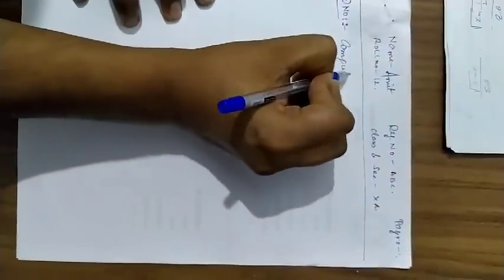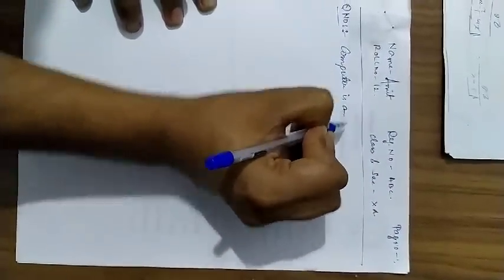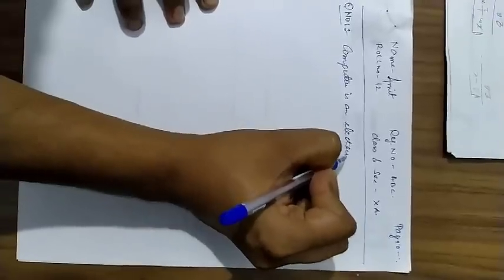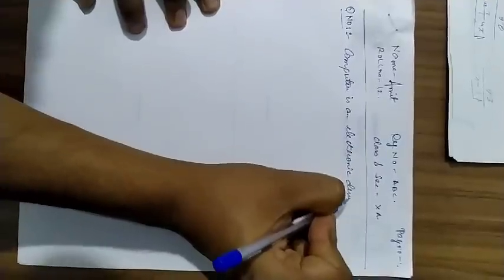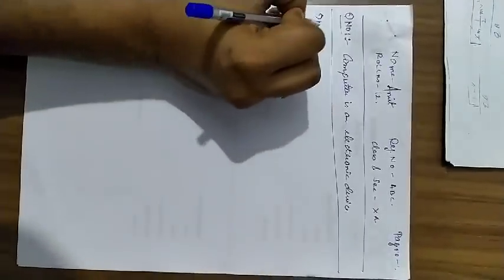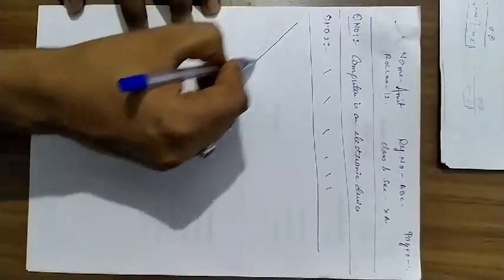Now for question number 1 you have to write question number 1. Then you will write your answer. Say the first question is what is a computer. You will write the answer: computer is an electronic device. Again you will put a margin so that you can make a differentiation between each question. You will again write question number 2, write down the answers, again put a margin. Similarly you will write all the answers.